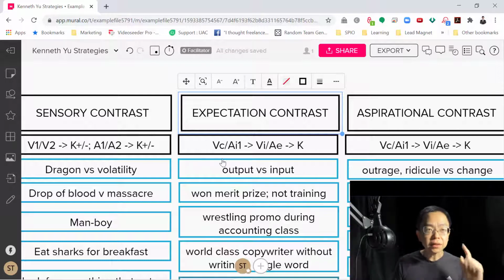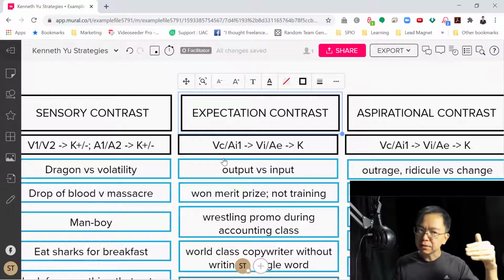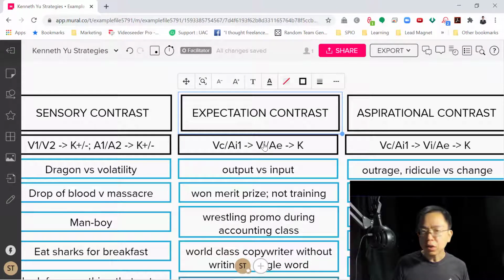I already expect a train of thought to happen, and I'm saying something to myself, this is going to happen, but actually what happens now is completely different, and it swings me in a completely different direction. So all of a sudden, I am given an internal visual experience based on what is being said on the outside. The coding looks similar to the aspirational contrast, but the content is slightly different.